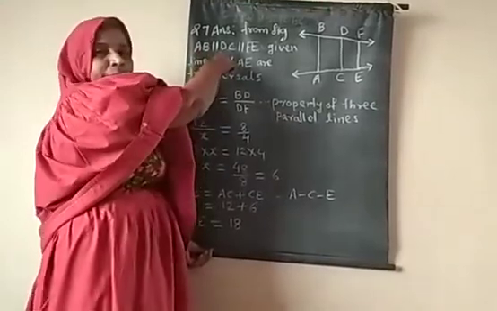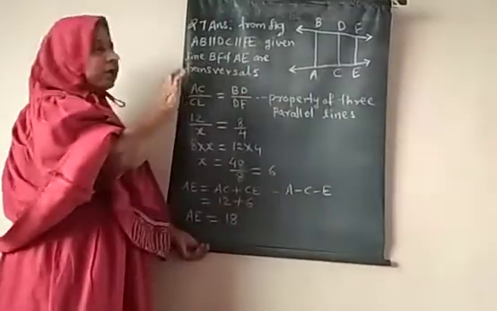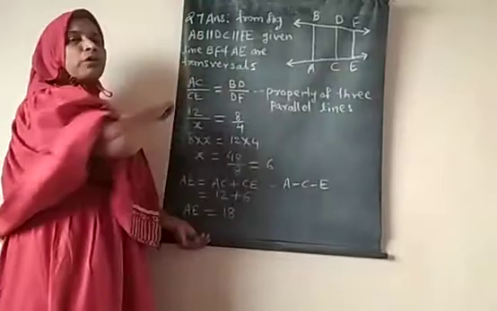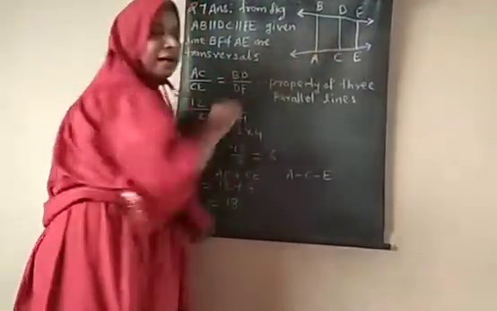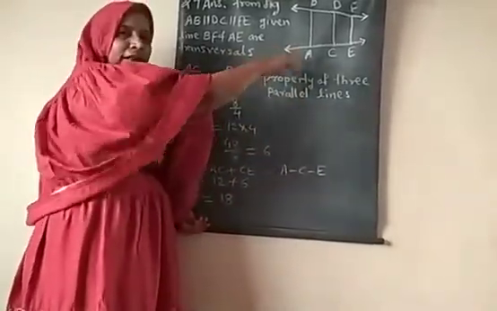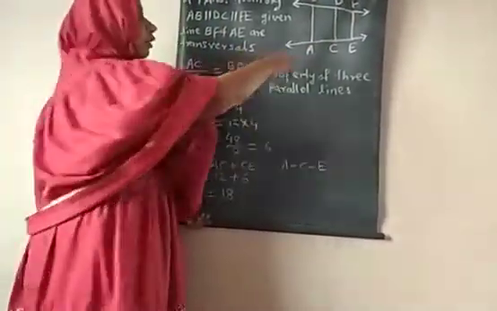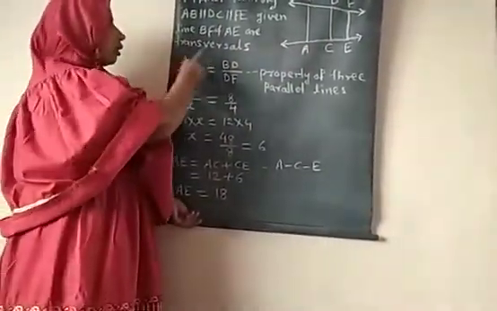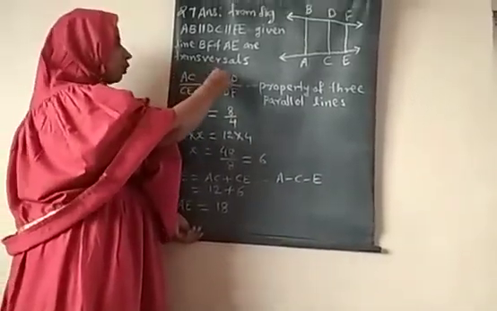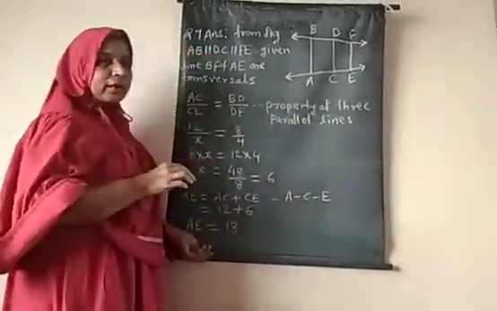Segment AB is parallel to segment CD and parallel to segment FE, given in the question. And these two lines, line BF and line AE, are transversals of these 3 parallel segments. Therefore, by the property of 3 parallel lines and their transversals, the intercepts form ratios and the ratios are equal. The intercepts are AC and CE, so their ratio AC upon CE is equal to BD upon DF, and the reason is the property of 3 parallel lines.